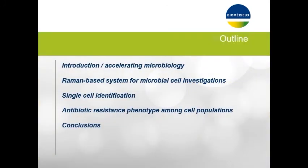This is the outline of my presentation. I will do a very short introduction to the context of clinical microbiology that we have considered, then explain why Raman has been used, and more specifically explain the global system approach that we have used that integrates Raman, but not only Raman, other optical methods and sample preparation. Then provide information about the single